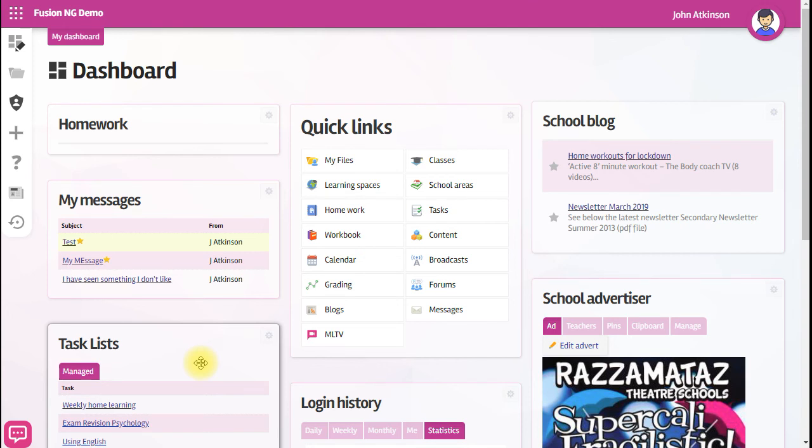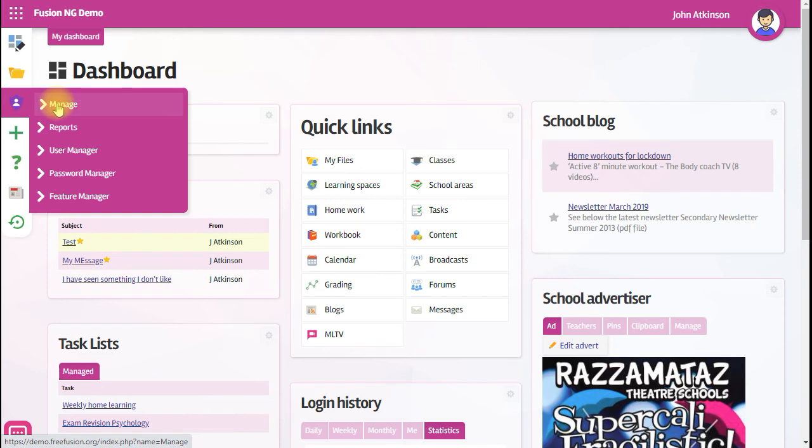So if you're the admin login for the school, what do you need to do at the end of the school year? The first thing to do is to delete old archived classes and learning spaces that were archived a year ago. You would do this sometime before the end of the school year, and to do it you just go to Manage,